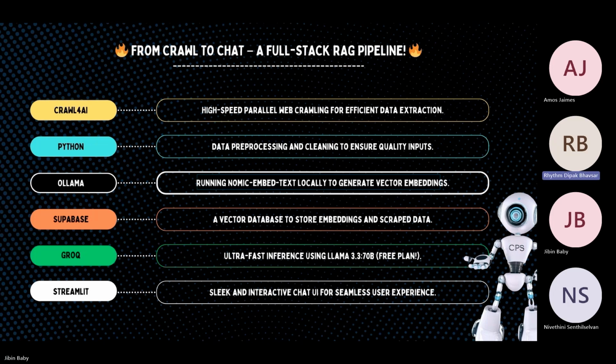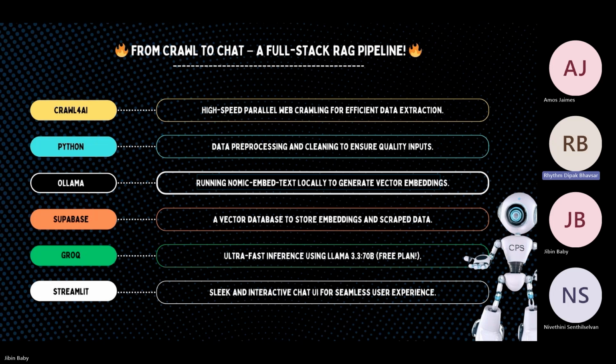Then for storing our scraped data, we had used Supabase, where we had stored all the vector database. Then we have Groq, which is the fast interface to connect Llama 3.3, based on 70 billion parameters. And for the UI part, we have used Streamlit, which gives a seamless and